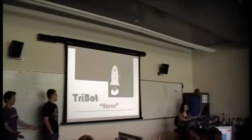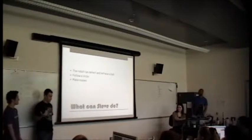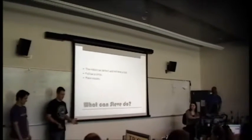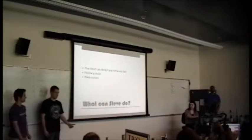We built the tripod, and his name is Steve. Basically what it does is the same exact thing as the last group. You just press the button, it goes and gets the ball, comes back, claps, and then it follows the black line around and basically stops and twirls around